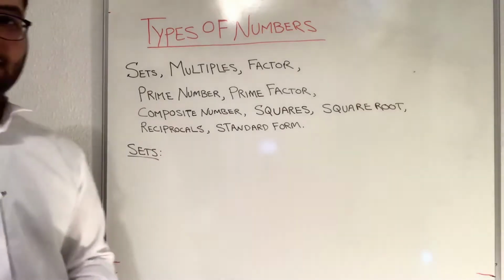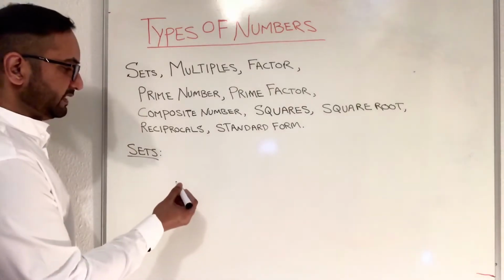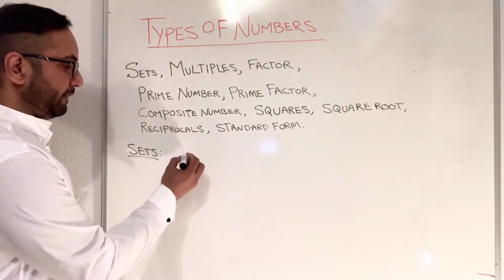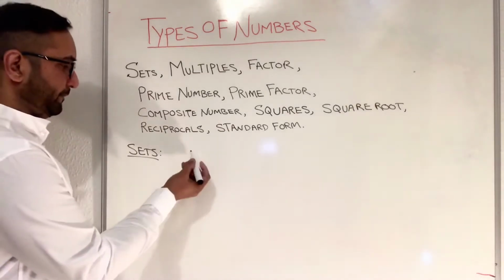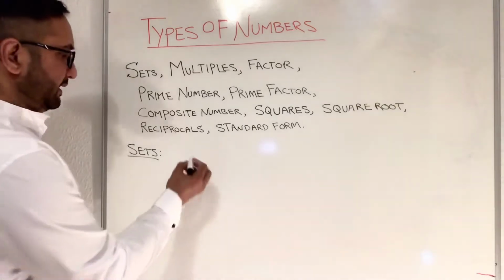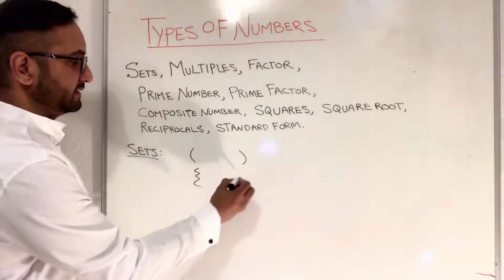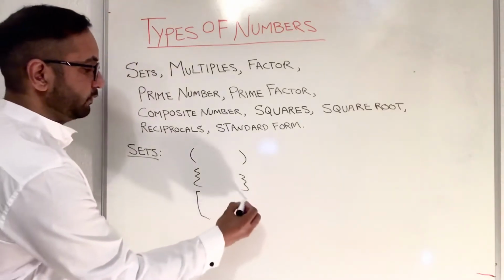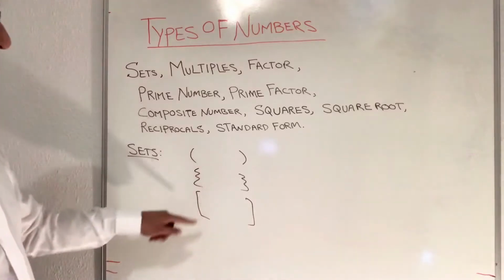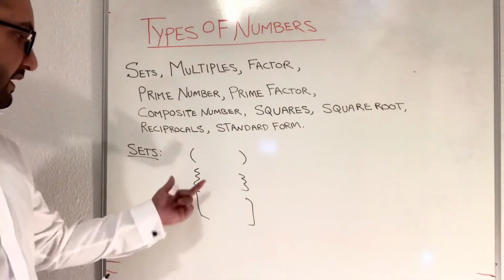What is a set? Just like if I draw a bracket, there are three kinds of brackets. One is brackets or parentheses, this is the small bracket, this is the middle one, and that's one. They are all forms of brackets. When we are using sets